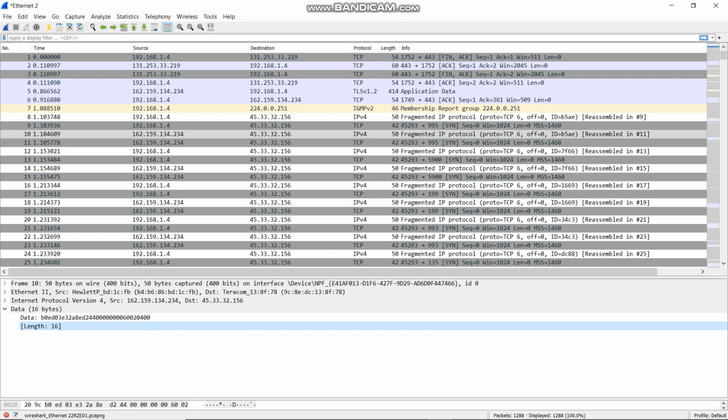What is a decoy? The concept of a decoy: when you are going to scan a web application or a system, if you are using your own IP for scanning it, then it will come to know that someone is trying to scan us from this IP. When you use the decoy technique, it is like spoofing an IP address.